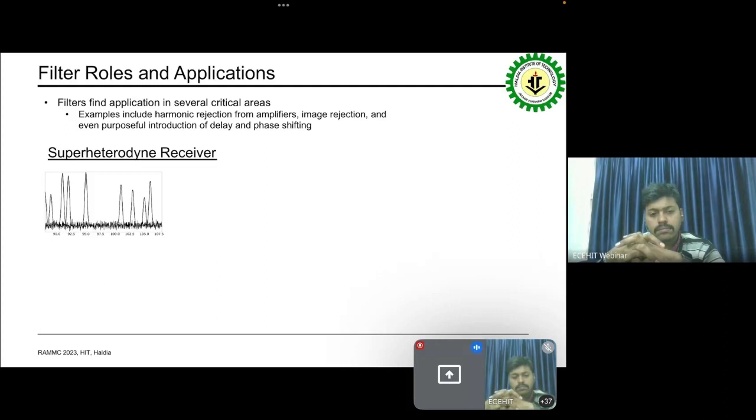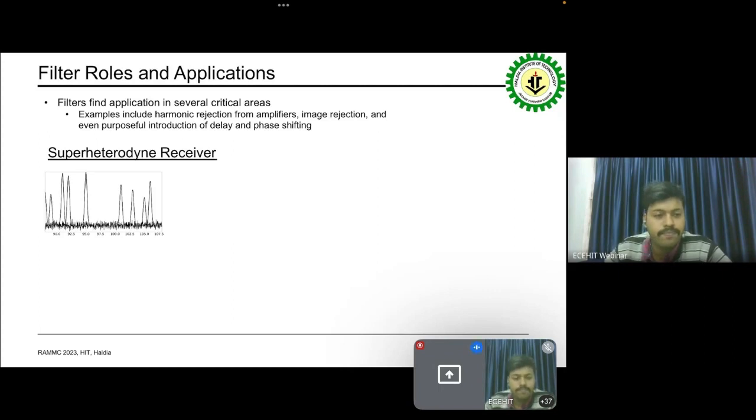So a great example is a superheterodyne receiver, which are found in FM radios. I did have to look it up. The frequency over in India for the FM radio band is the same as it is here, which is easier for demonstration, I suppose. But the basic idea is